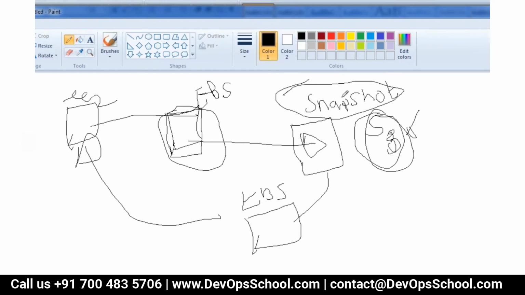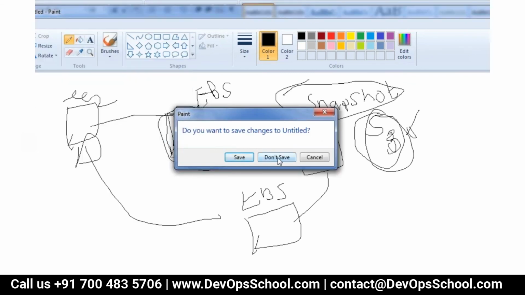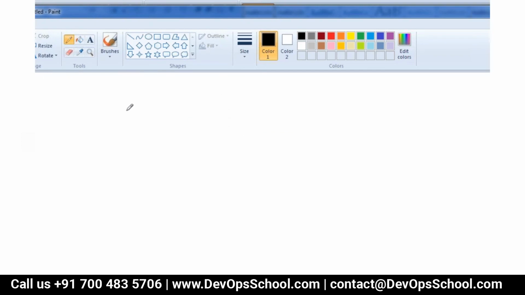Okay, fine. So yeah, this is the concept of a snapshot. Let us see what the use cases are. One is taking backup. Suppose there is a scenario that you have an EC2 instance and an EBS volume.